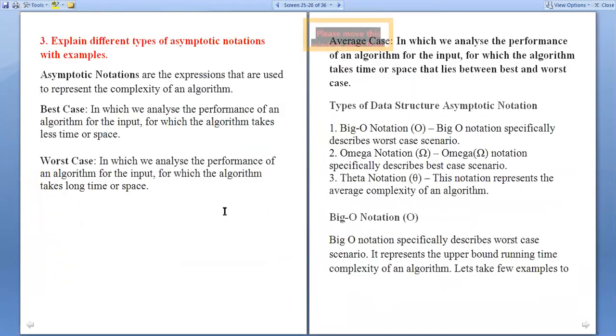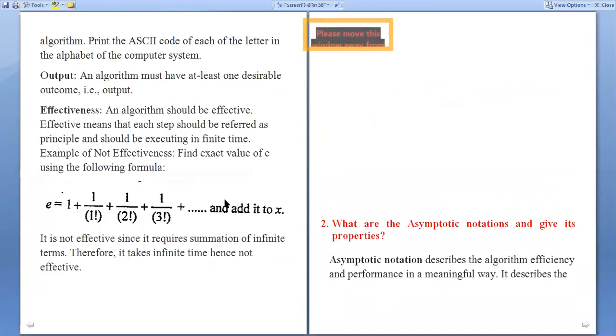This is about the basic concepts of our first unit: algorithms, asymptotic notations, big O notation, theta notation, and omega notation, and comparisons of various algorithms by using the big O notation functions, that is O of 1, O of n, O of n square, O of n log n, O of log n, all these things.